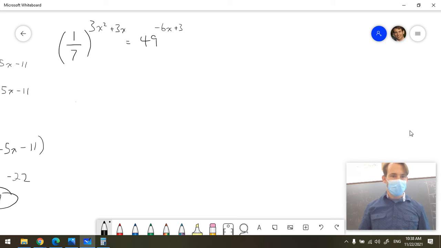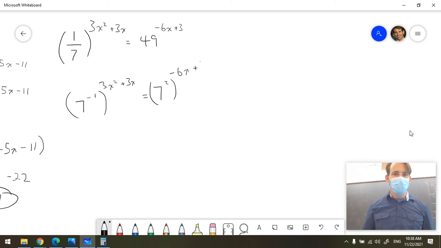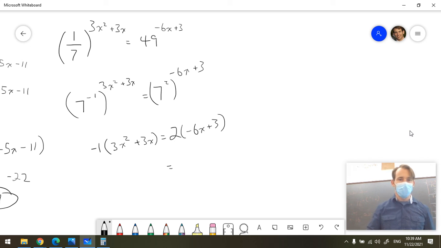So 1 over 7 is 7 to the negative 1, and I'm going to raise that to the 3x squared plus 3x, and that's equal to 7 squared raised to the power, because that's 49, raised to the power negative 6x plus 3. Set the exponents equal to each other. Negative 1 multiplied by 3x squared plus 3x is equal to 2 multiplied by negative 6x plus 3. One more line to do our monomial times a binomial, our distributive property here, negative 3x squared